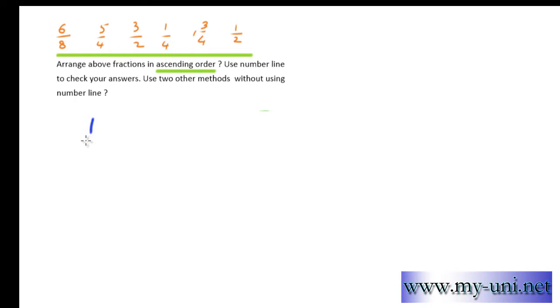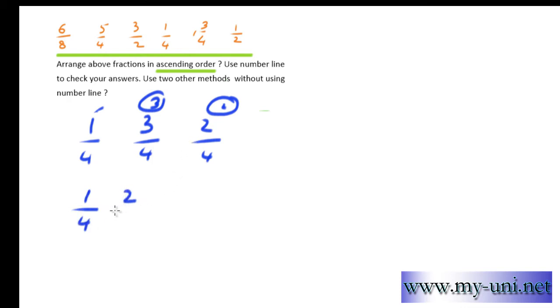So say for example you had a set of fractions: 1 of 4, and then 3 fourths, and then 2 of 4. The denominators, if you notice in this example, are exactly the same. So if denominators are the same, the smallest fraction is the one that has the smallest numerator. So this is the smallest fraction, this is number 2 and this is number 3. If you were to arrange them in ascending order from smallest to biggest, it would be 1 of 4, then the second one, 2 of 4,